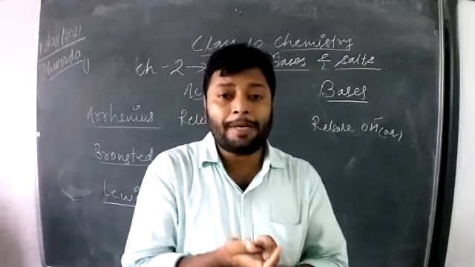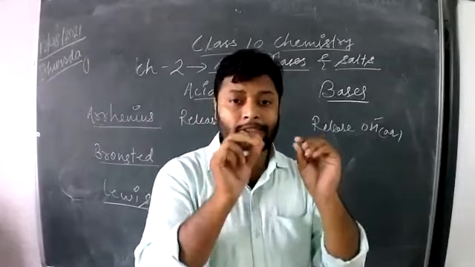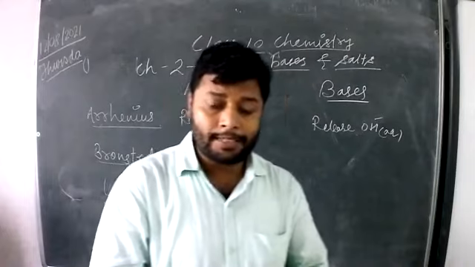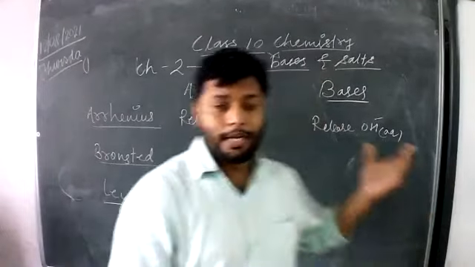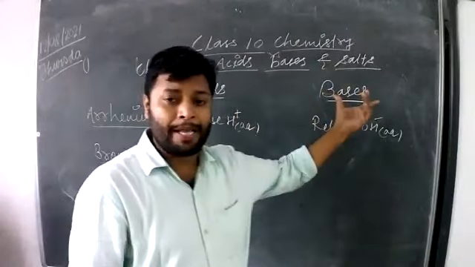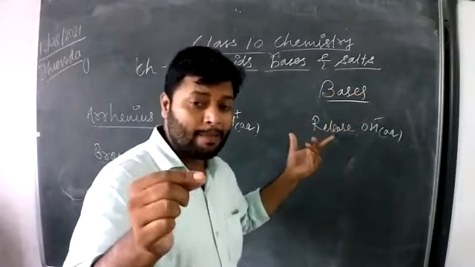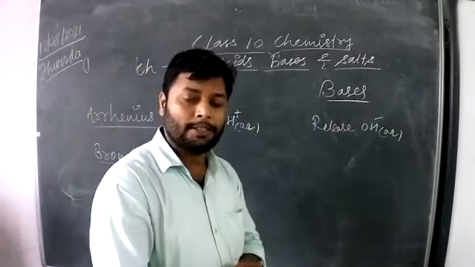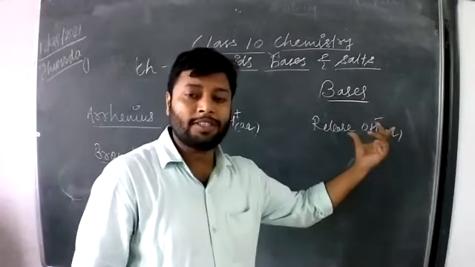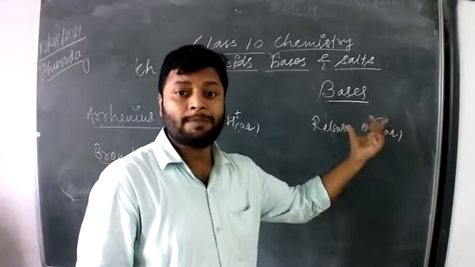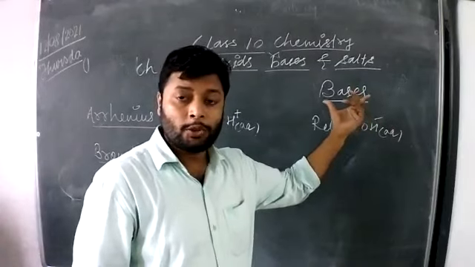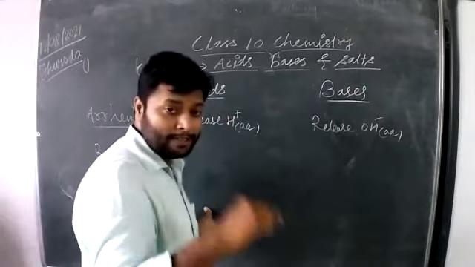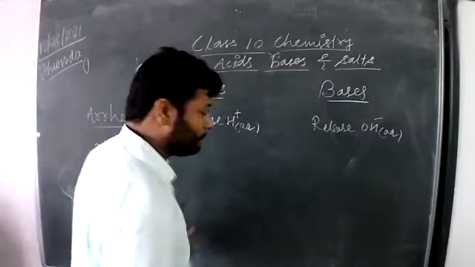So what is the meaning of pH here? The pH is based on H plus concentration only. It means a solution, acidic as well as basic, can be explained on the basis of only H plus. That is the concept of pH. There is no need for the concept of OH minus to explain the concept of base. So the same theory was given by Mr. Bronsted, and you are using it as the pH value.